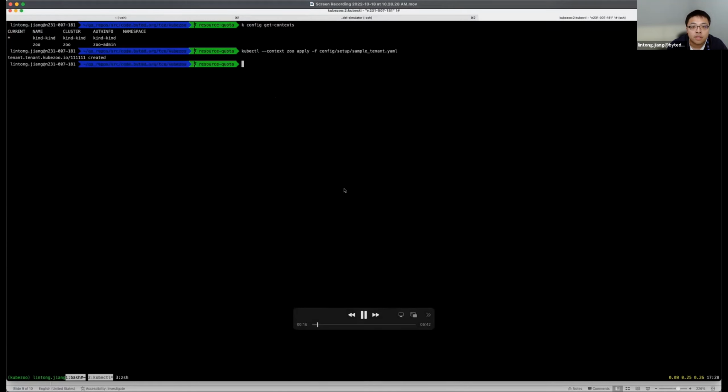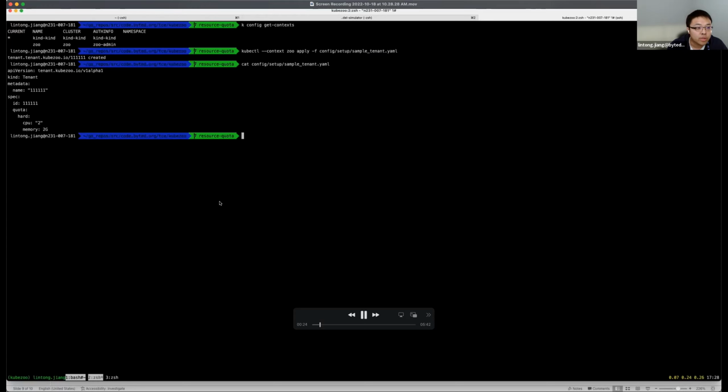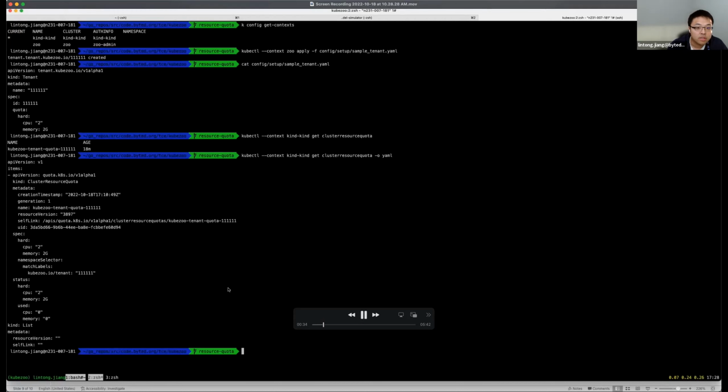In the next step, we're going to create a tenant. After we apply that, we can check what is included in the tenant. We just name it with 6 ones, with 2 CPU and 2 gig of memory. Then let's check the status of the cluster resource quota.